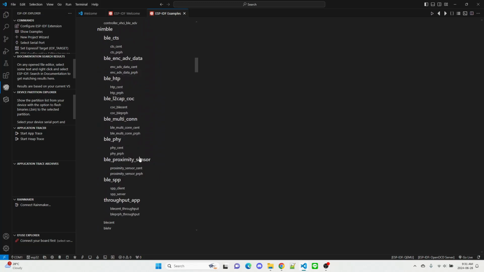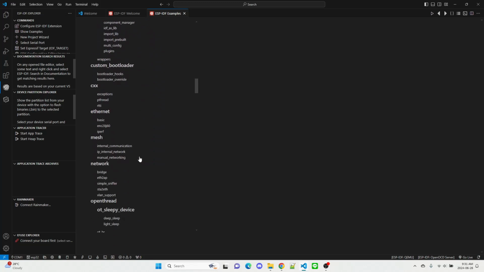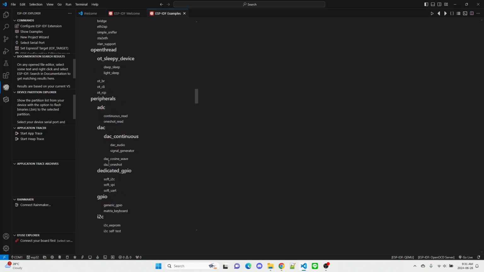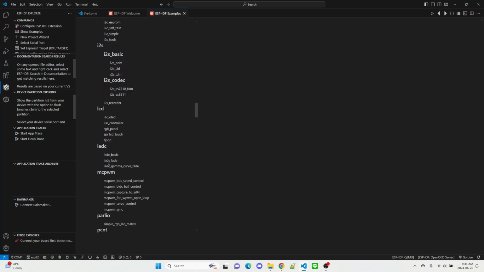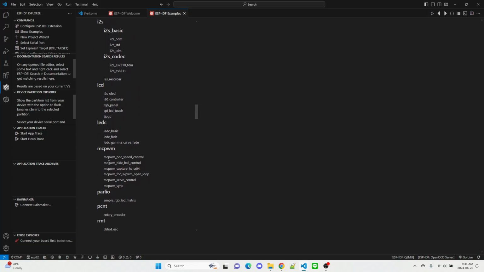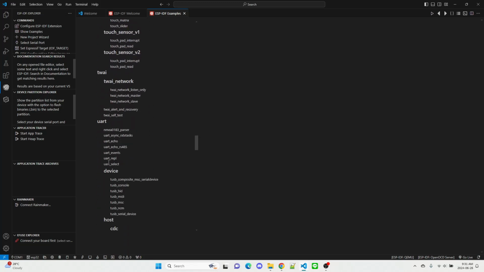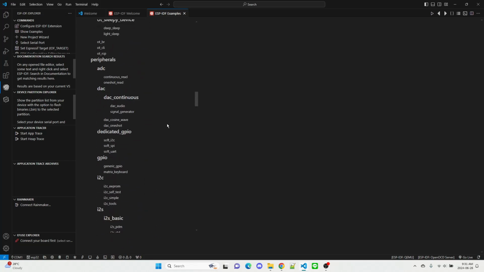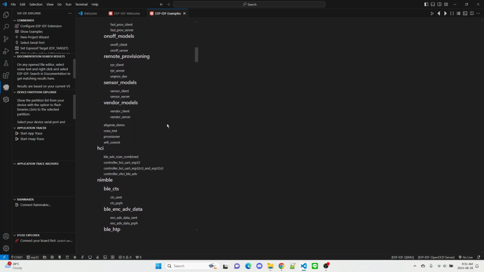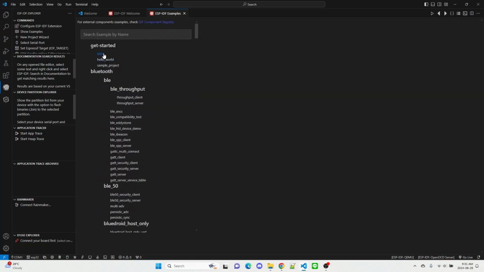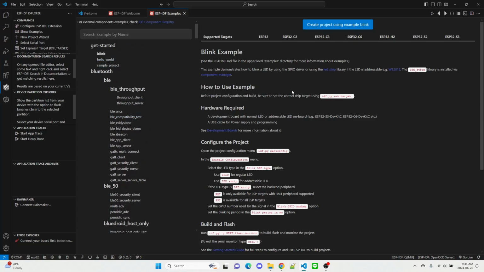They give the basic idea of how those work in each example, and what the APIs are and what options it has. I will go through some of these examples in coming videos, but for now I'm only showing you this blink example. Once you click it, it shows you the readme file, and